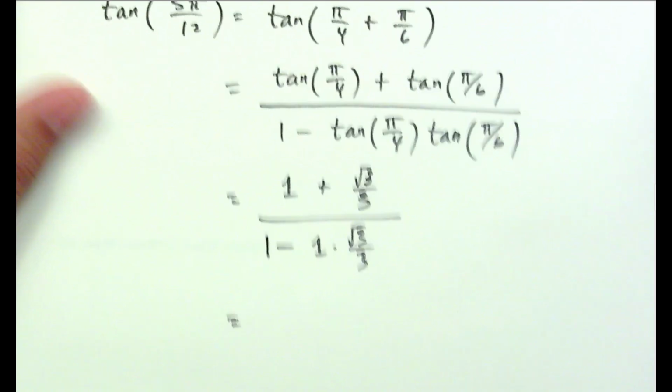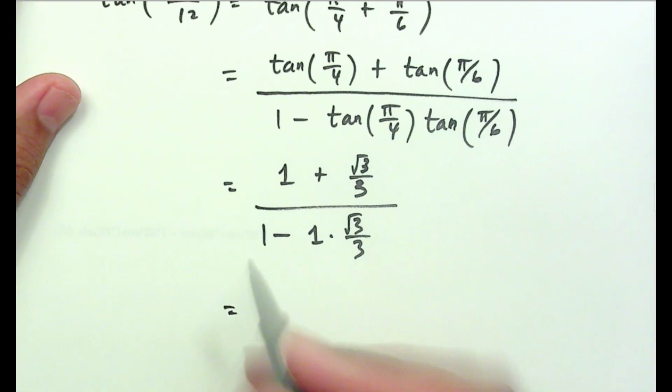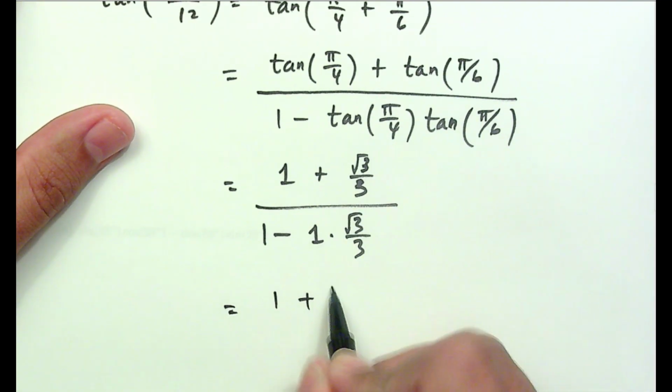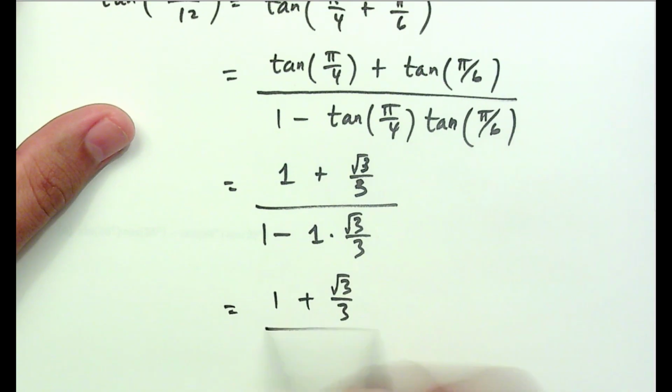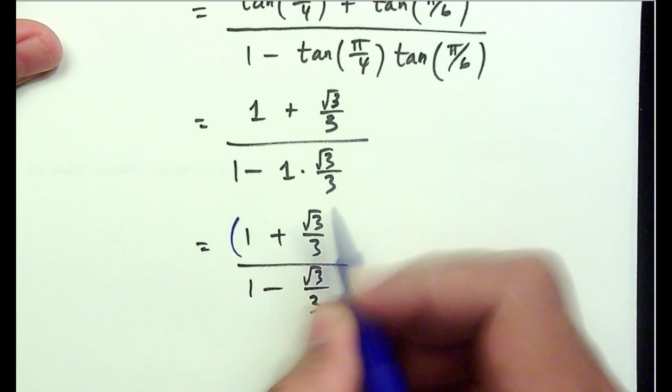And of course, you don't leave it like that because that's not simplified. You have fractions over fractions. So let's simplify it. First, multiplying by 1 doesn't do anything. So on the bottom, it's the same as having 1 minus square root of 3 over 3. And now, if you multiply top and bottom by 3, that's going to get rid of